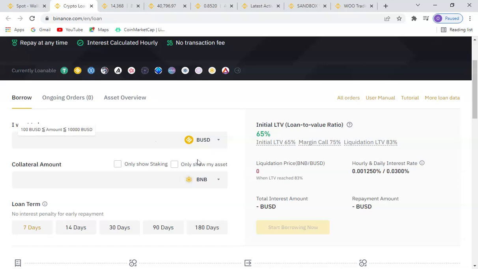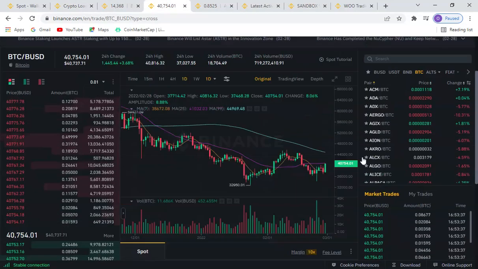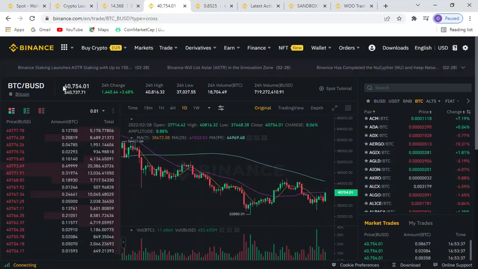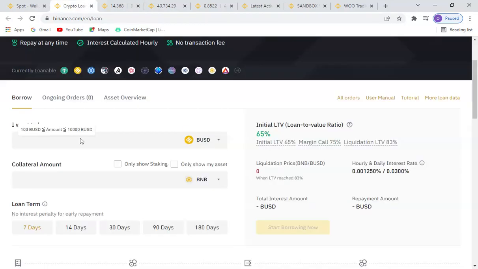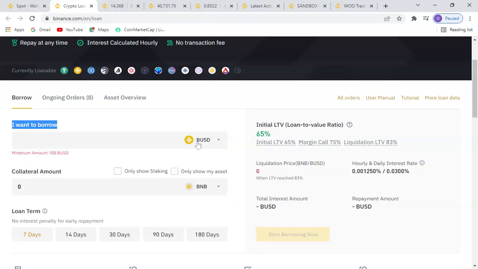So let's say in this tutorial we want to trade or hedge against the fact that BTC is currently bearish as of recording. It was 40,600 initially and it's now at 40,100. We can go over to this section and select the option that says I want to borrow. We will input